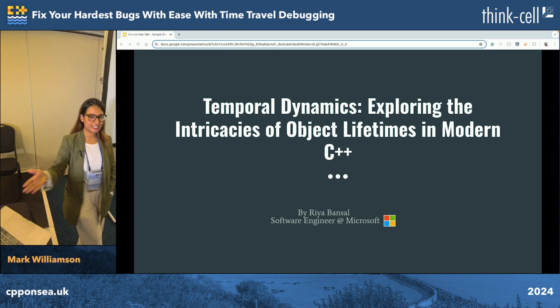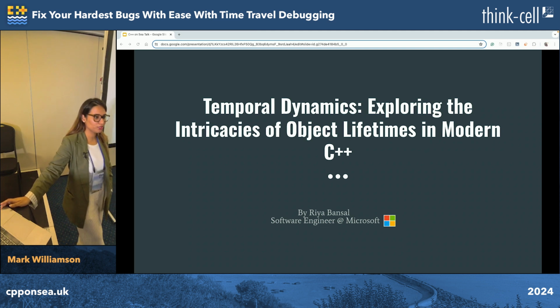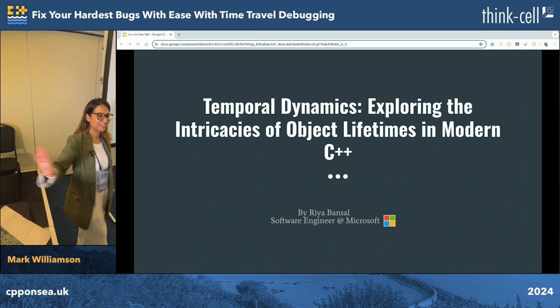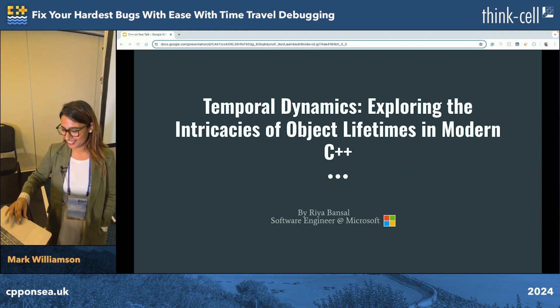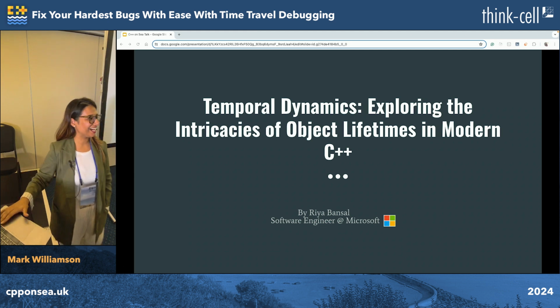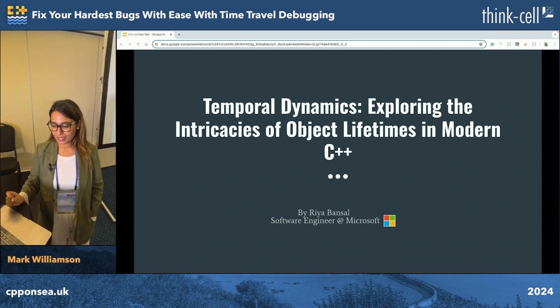Today is actually the first time I'm in Folkestone and the first time attending C++ on Sea as well. I have attended a lot of conferences in the past all over the world, and this is easily the room with the best view. Please forgive me if I keep looking outside time and again while I try to speak. But yeah, anything apart from that.